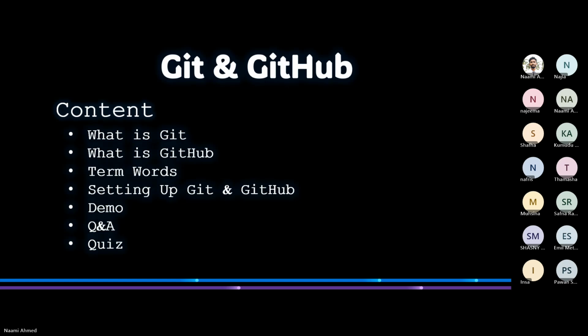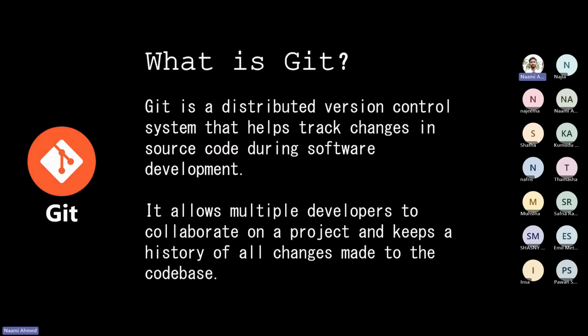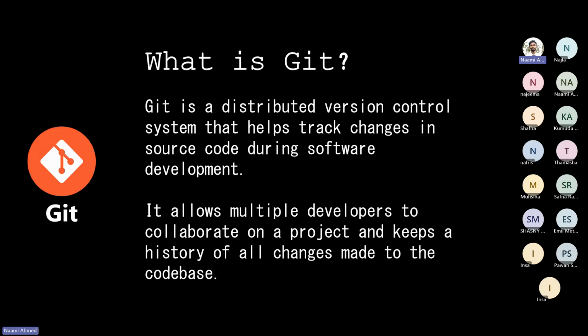Okay, now we will move to Git. What is Git? Git is a distributed version control system. Version control helps to track the source code. It means there is one project and there are so many developers. In our final project also, we have 4 to 5 members. In there, it is used to track the